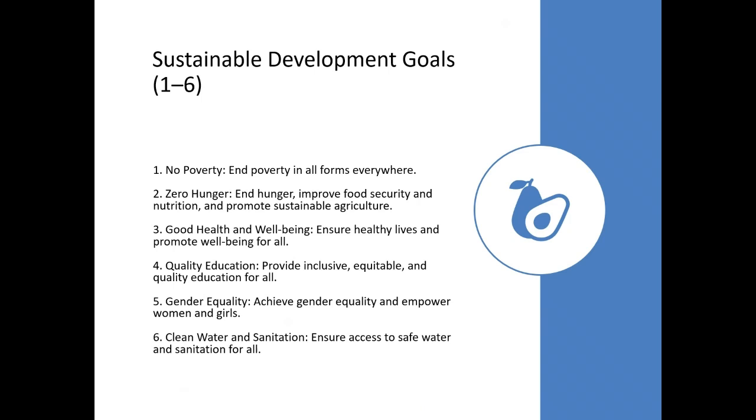Then number 4 is quality education, to provide inclusive, equitable, and quality education for all. So those of you that is in the educational arena and discipline, you might find yourself in this SDG. Number 5 is around gender equality, achieving gender equality and empower women and girls. So gender studies might find themselves here, but also keep in mind that your study might